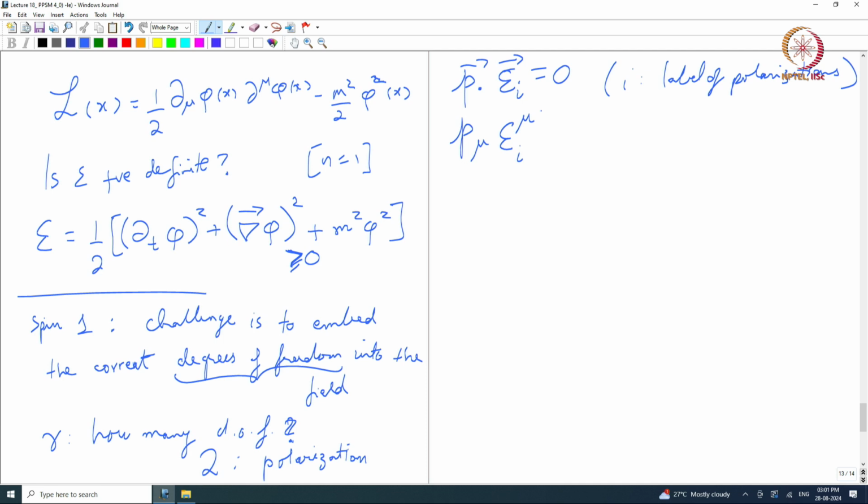I mu equal to 0. So that's the first thing we need to do when we talk about polarizations, right? What else do we need to do? We need to normalize the polarizations. It can't be any vector, correct? And the way we normalize it,